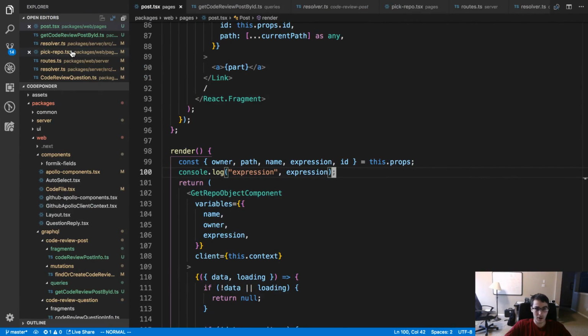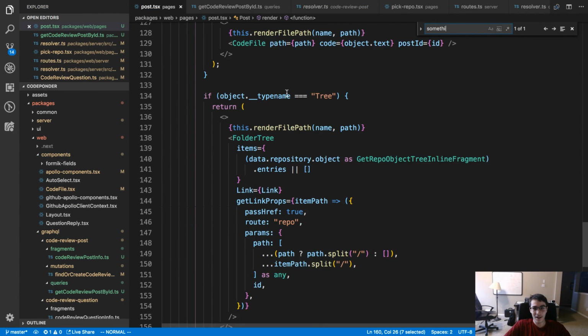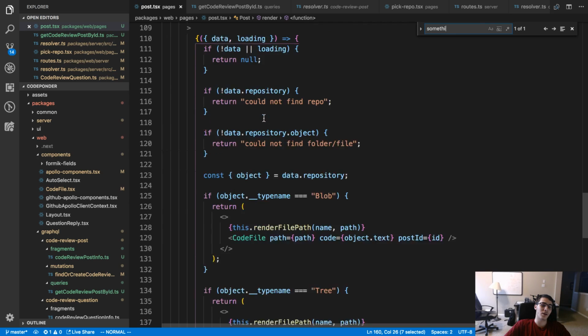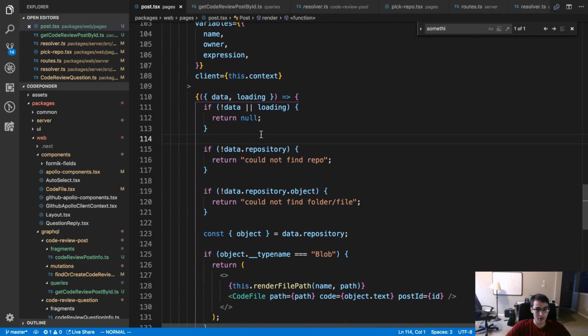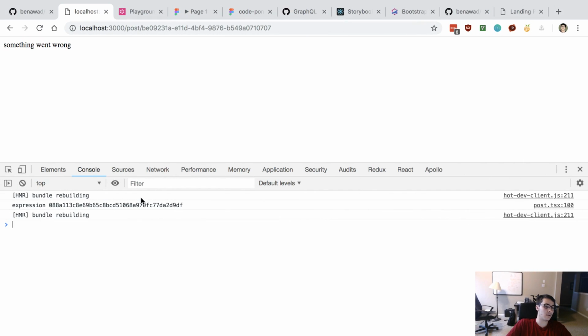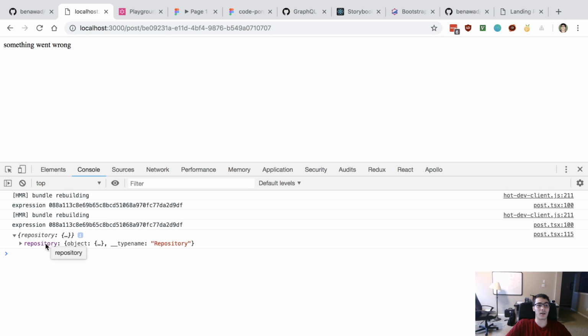Oh, something just went straight wrong. Oh, we're getting an object back that's not a tree and is not a blob. All right, let's see what data we're getting back. This is kind of peculiar. All right, so we're getting a repository back. And it's a commit.